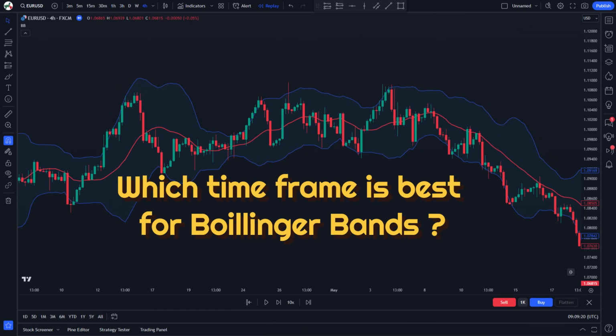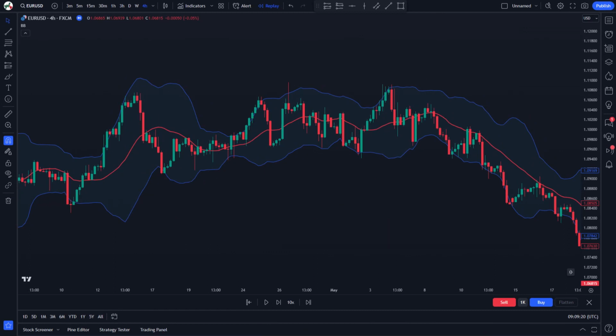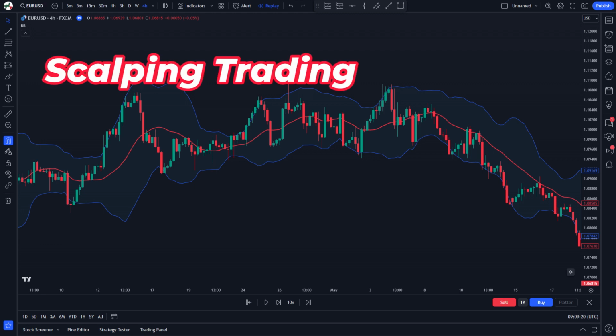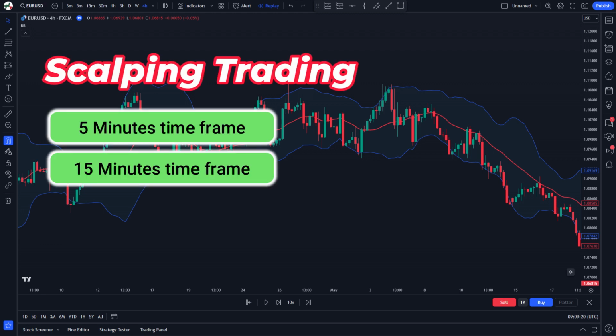What time frame is best for Bollinger Bands? Actually, choosing a time frame is more related to the trading style of each trader. In trading, we are familiar with scalping strategies, intraday trading, swing trading, and position trading. Scalping trading, which is short-term trades, is more suitable to use the 15 or 5 time frame for accurate